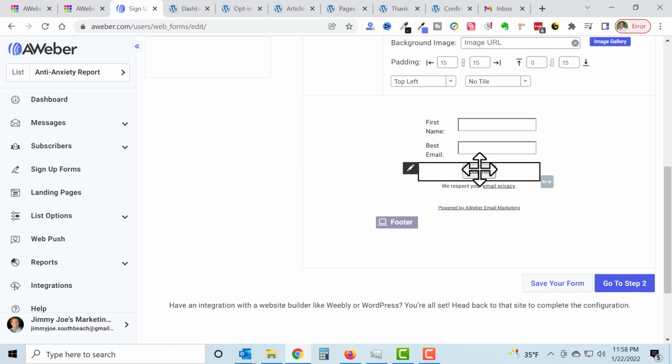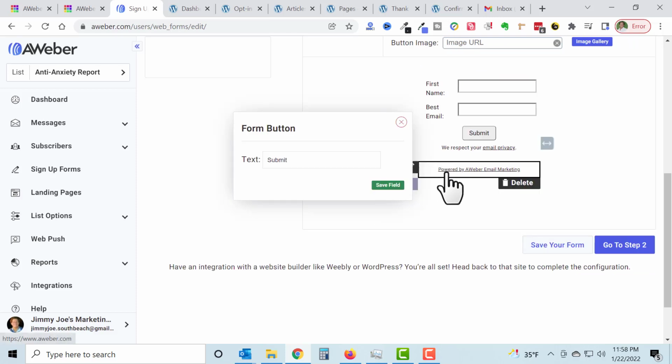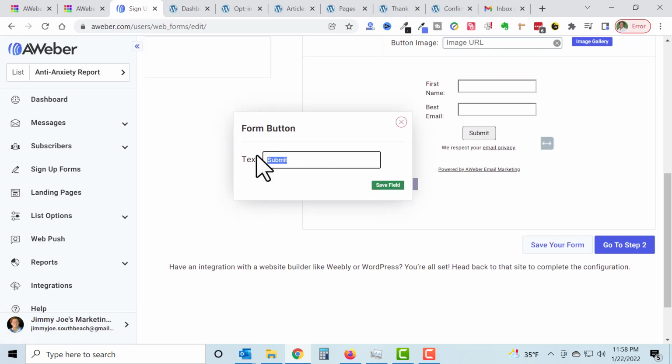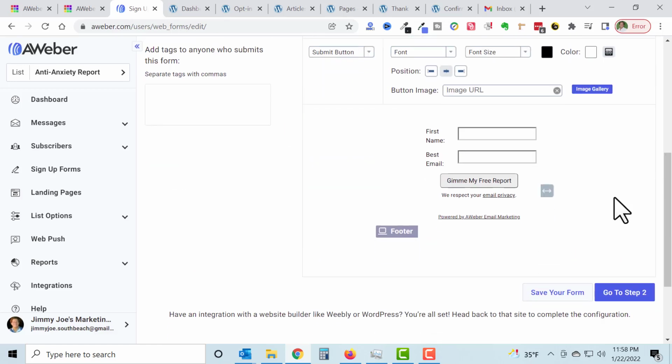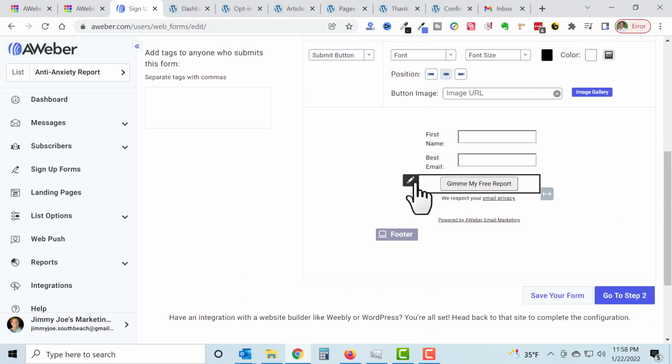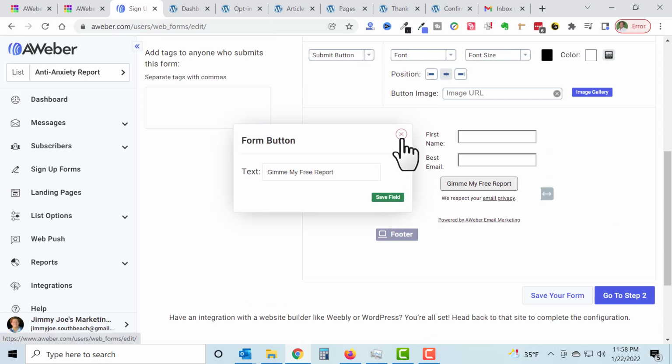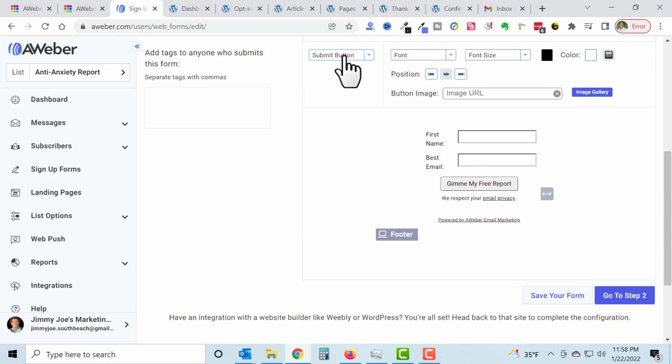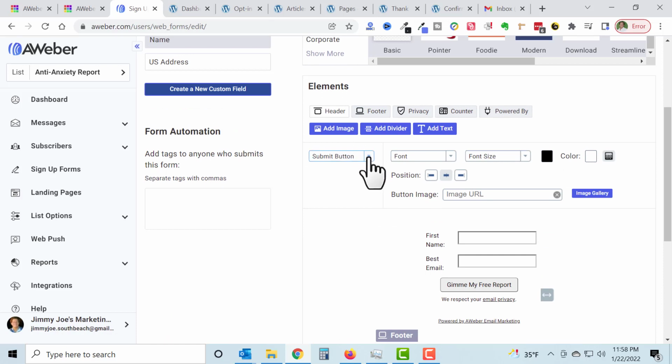We're going to alter the submit button. Just click in there. And instead of submit, I'm just going to say, you can put whatever you want. I'm going to save the field. And once again, I'm going to click here to edit, right? I'm going to look up here and make sure that I'm in the submit button before I